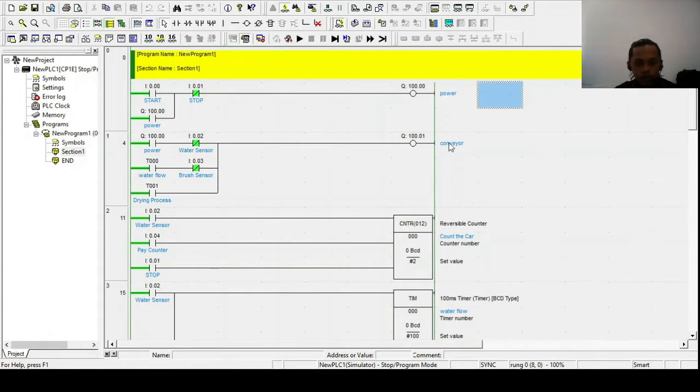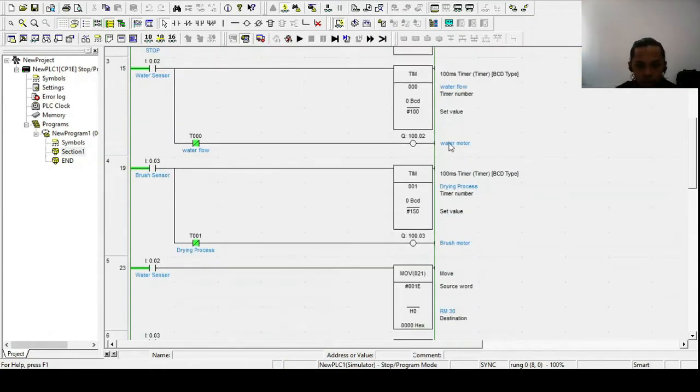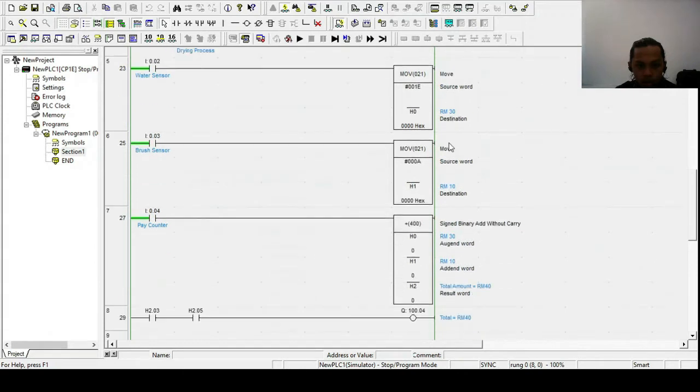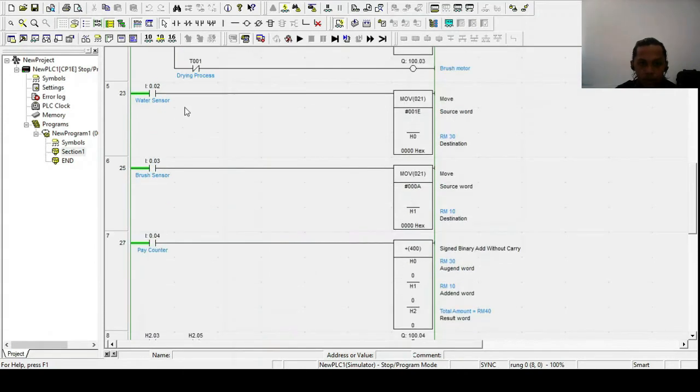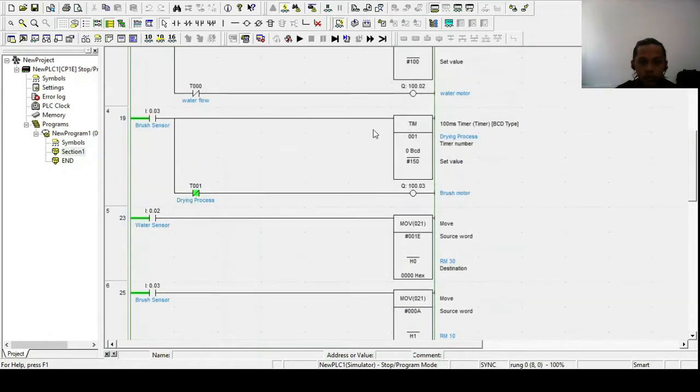Second is a conveyor, then timer one for the washing process, and timer two for the